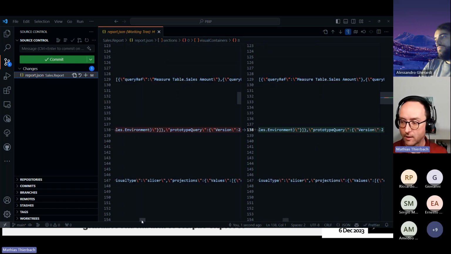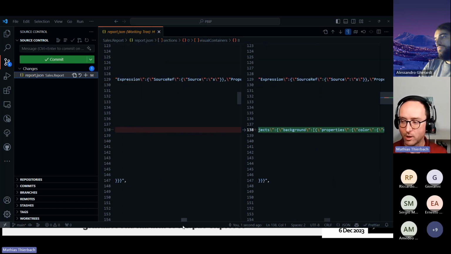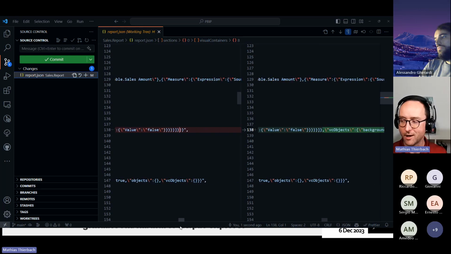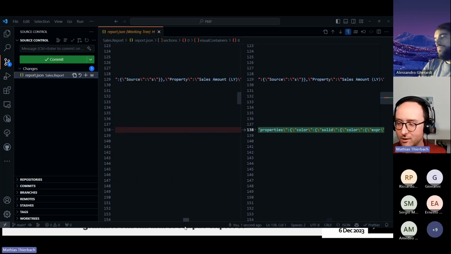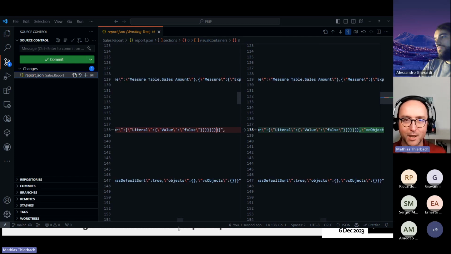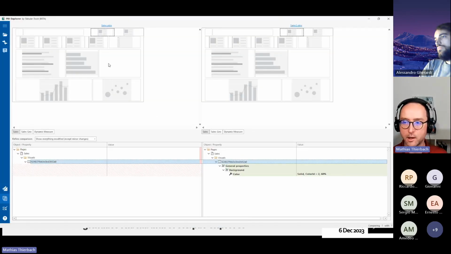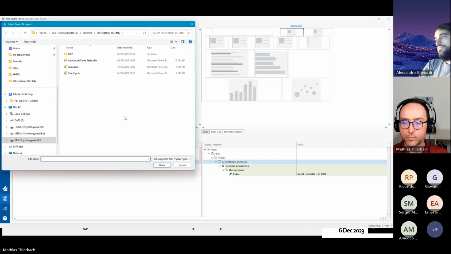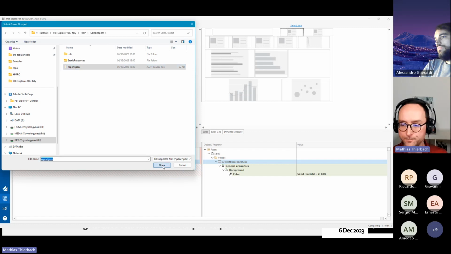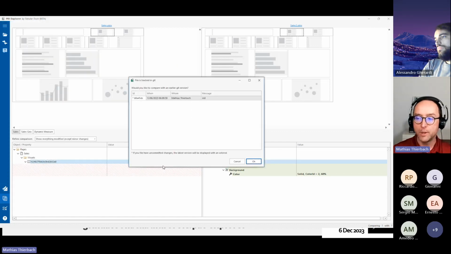Now, this is exactly where the complication of PBIP comes in. You'd have to be pretty advanced to actually understand exactly what's changed here, right? But PBI Explorer to the rescue. If I go in here and say, please open the report.json, the one that's under source control, PBI Explorer